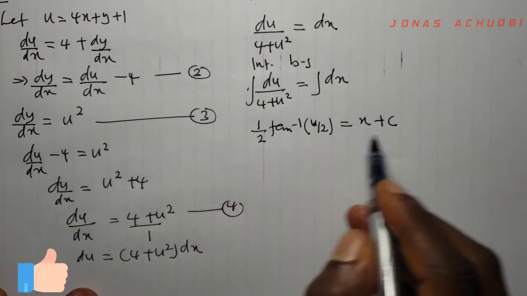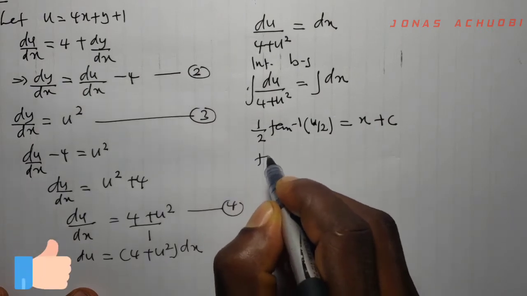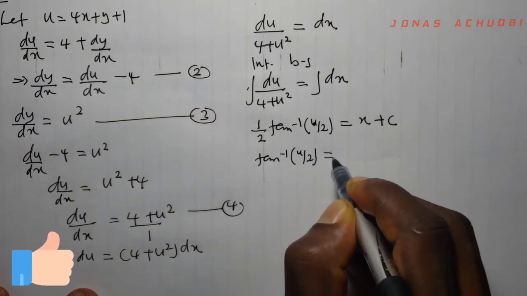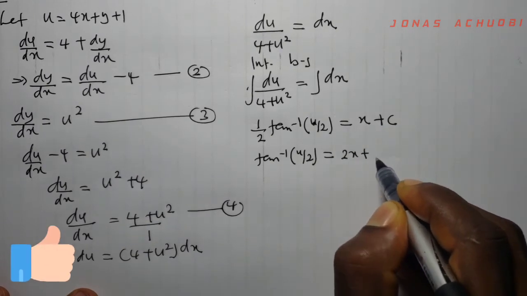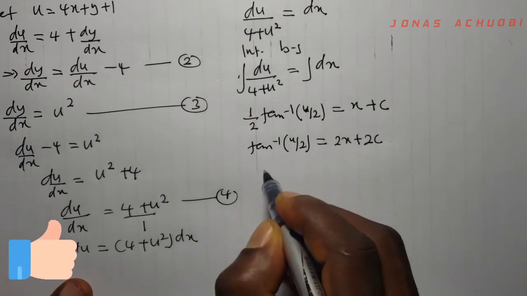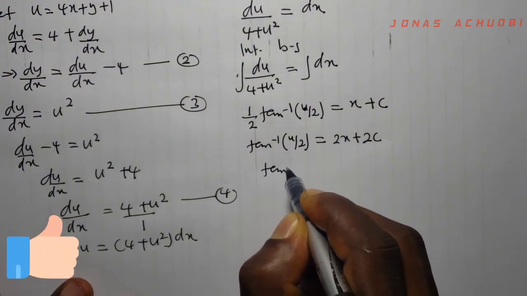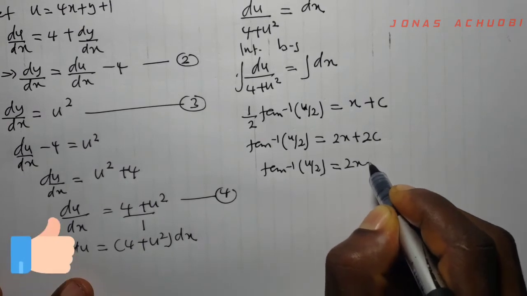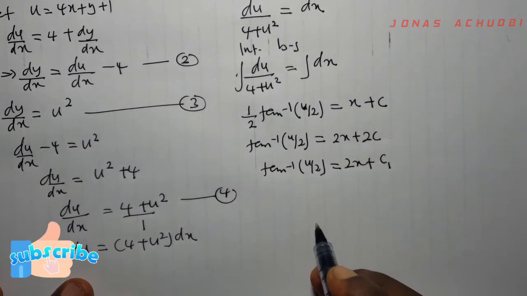So if we multiply through by 2, we get the tan inverse of u over 2 equal to 2x plus 2c. So if I write this as the tan inverse of u over 2 equal to 2x plus say c1,